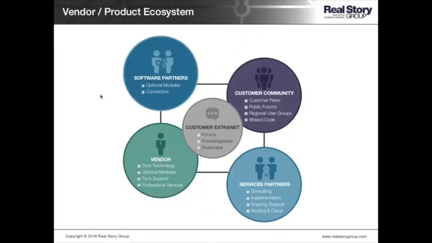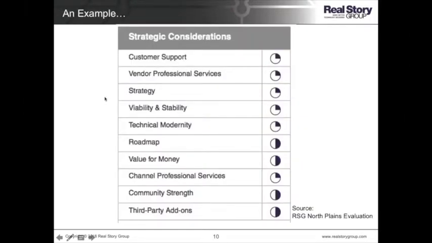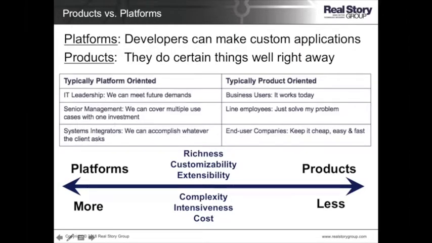Then, of course, the other important thing to look at is the vendor and product intangibles or strategic considerations. The big one that we really focus a lot on in terms of our own research is the broader ecosystem. And so this is customer communities is a big one, services partners, potentially software partners, although they come and go. Certainly having some kind of a customer extranet is really critical. What's the vibrancy around this technology? We think that that's actually the best predictor of the long-term health of the tool, regardless of what happens to the vendor. And so, this is another area where we also evaluate the vendors, and you'll want to pay very close attention as well. Okay, so now let's look at the marketplace.